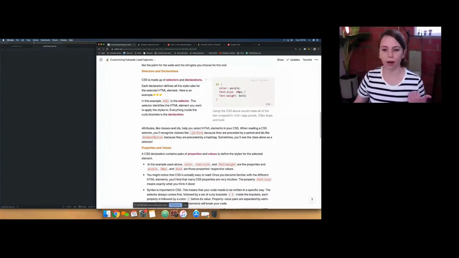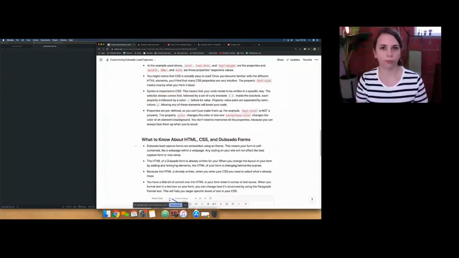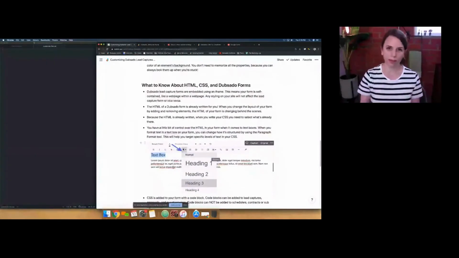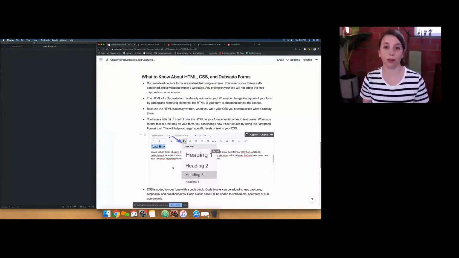So I also want to cover a couple of things about how all of this fits into Dubsado forms, right? We covered what HTML is and what it does, what CSS is and how that interacts with HTML. But there are some special things to keep in mind when we're working with Dubsado forms in particular. So the number one thing to keep in mind is, and I'm going to be sticking to lead captures specifically for this webinar, a main thing to keep in mind is that with your Dubsado lead capture